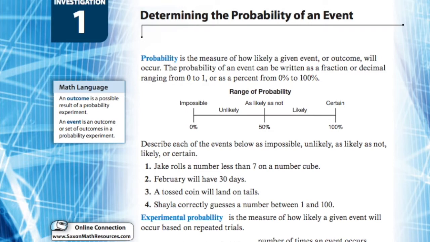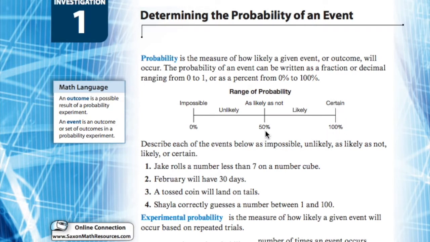For example, if you look at the scale right here below where it says range of probability, something that is impossible to happen has a likelihood of happening at a rate of 0%. 0% chance of rain, impossible, it's not going to rain. Now, maybe in the weather forecast that's not always true, but if something is 0% chance or impossible, it has a range of probability of 0%. On the opposite end, if something is certain, this is going to happen, it's given that 100% designation.